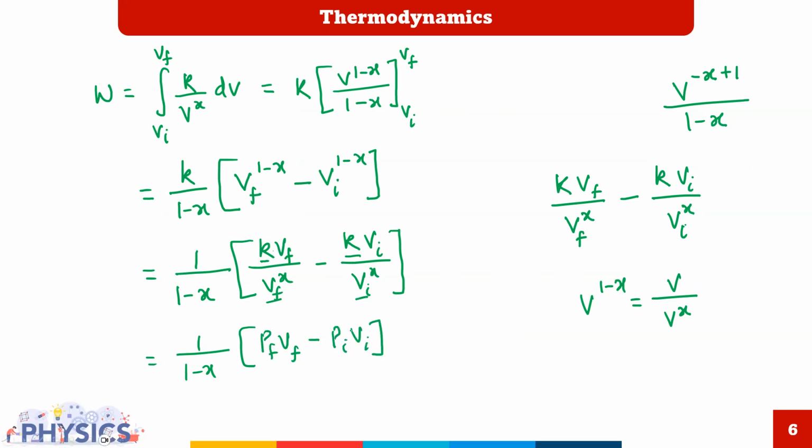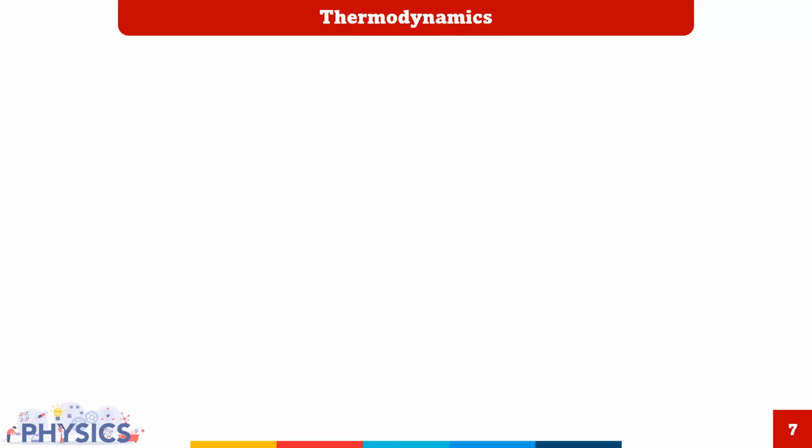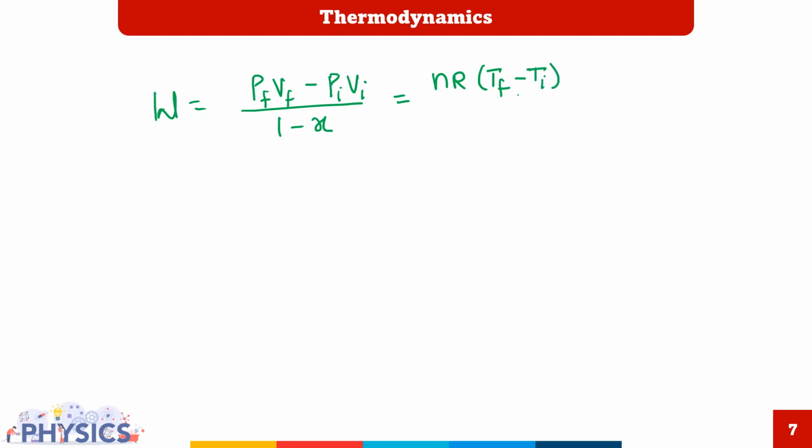In simpler words, I'm going to write the work done now. I hope you have noted this thing down. I'm going to move on to the next slide. So final work done will be P final V final minus P initial V initial divided by 1 minus x. P final V final I can write as nRT final, and P initial V initial as nRT initial. So it will be T final minus T initial divided by